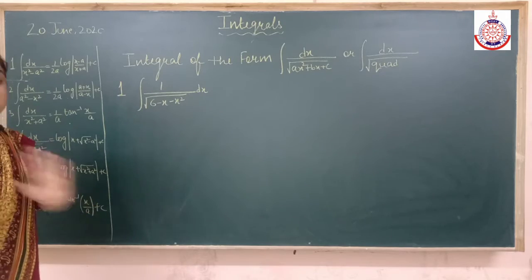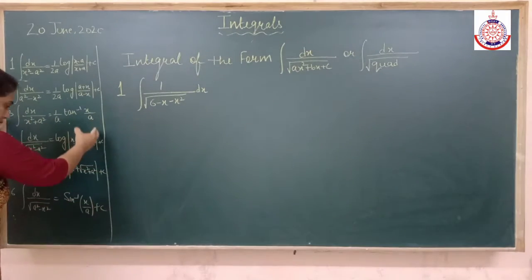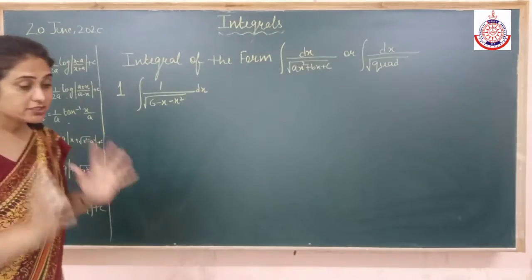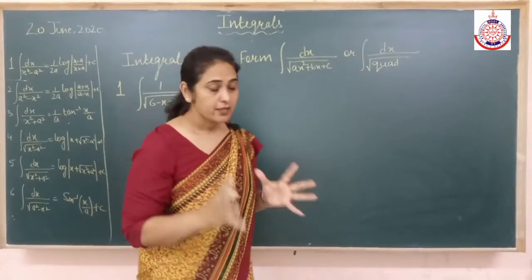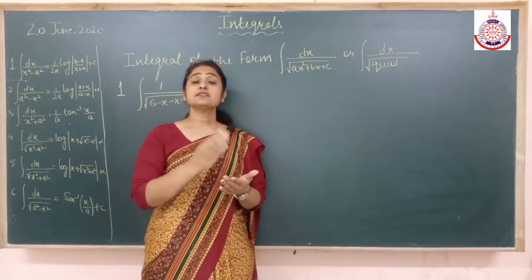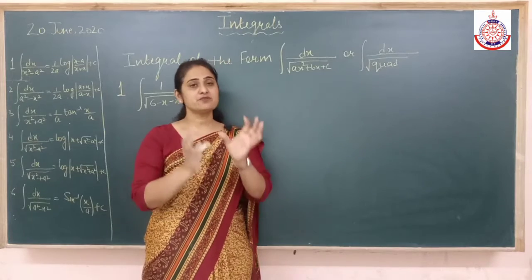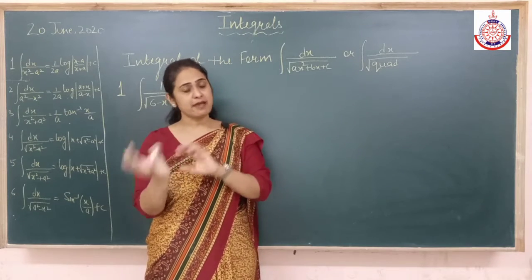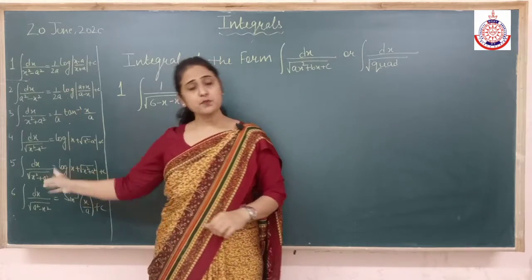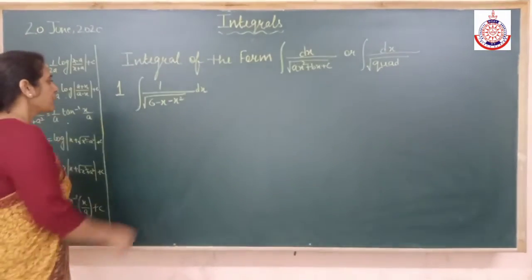We are going to do the same steps what we did there. Now it will fall under any one of these formulas, 4 number, 5 number, 6 number. Steps remain same. You remember the steps? The coefficient of x square should be 1. Add and subtract the square of half the coefficient of x. The terms will give you either a plus b whole square, a minus b whole square. And the question would be converted into one of the forms here. Alright, so let's start with directly a question.